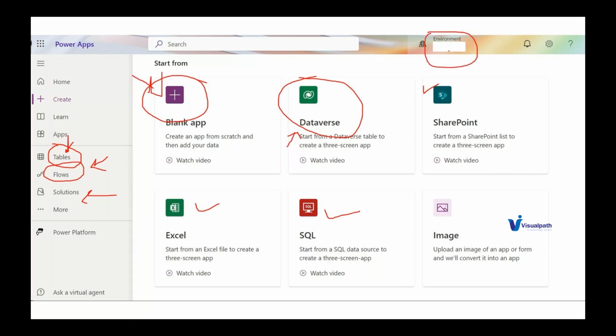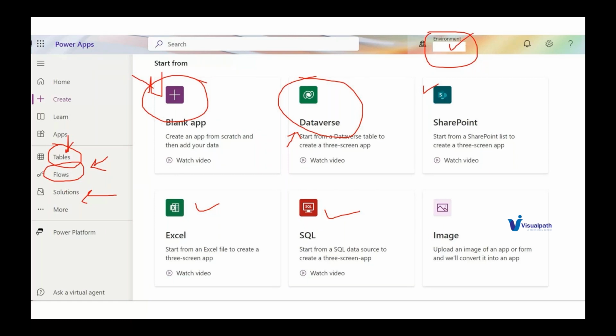For example, you have multiple customers, right? Customer A, customer B, customer C. For each customer you want to have some kind of development environment. So you can set, okay, I'm working on customer A, so this is his workspace, this is the apps I am creating, this is the Dataverse, this is SharePoint, this is the Excel where I can pull and push data.